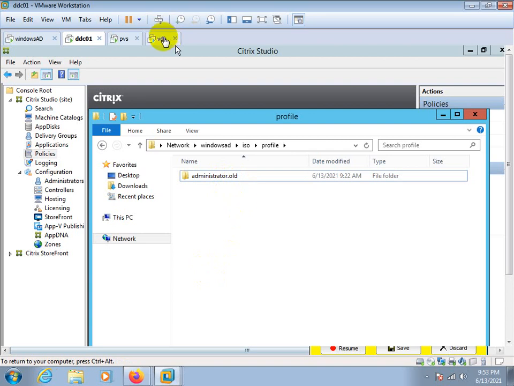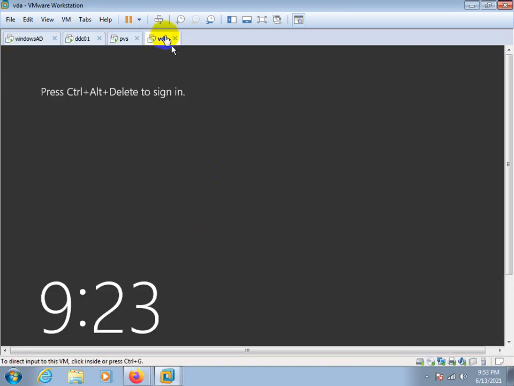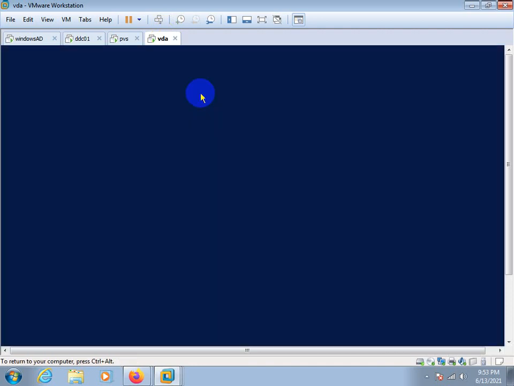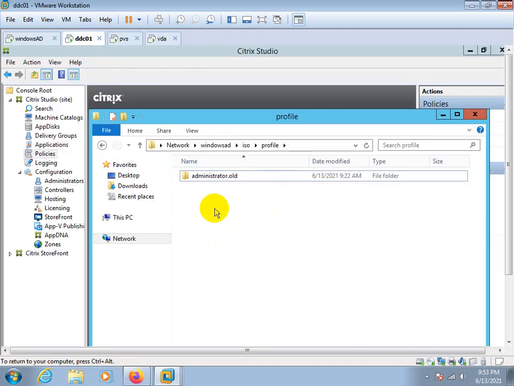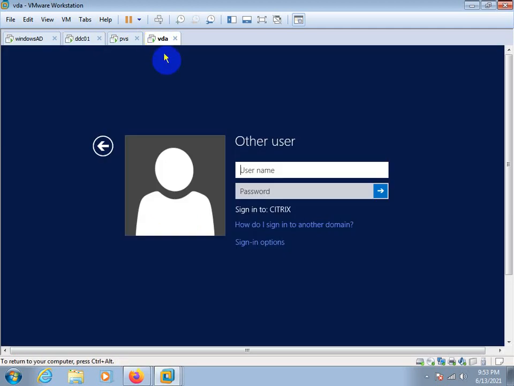Okay, and once the user logs on next time, a fresh profile will be created at the profile store with the same name. Clear?